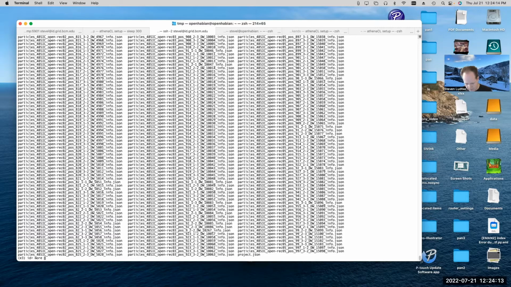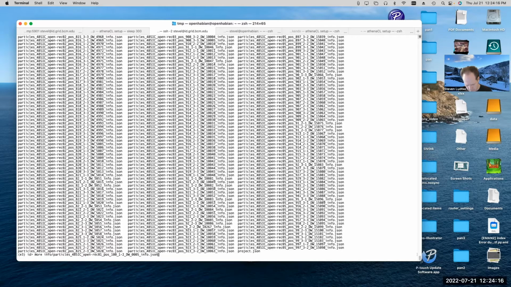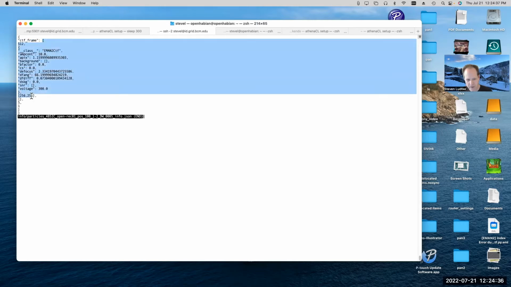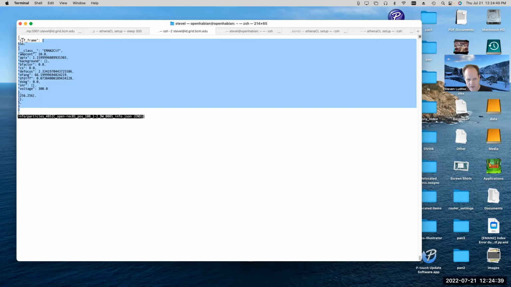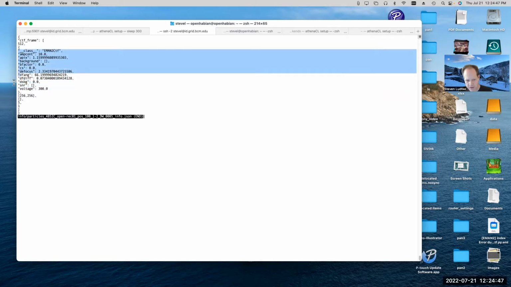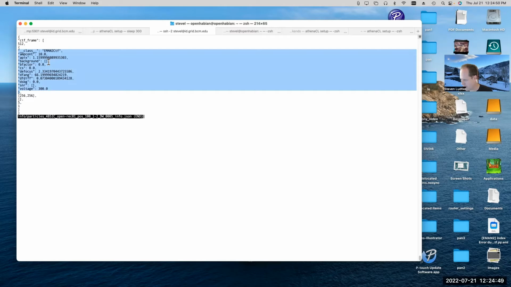So if we look at one of these files, you can see it's human readable, and it looks kind of like a program, right? You've got the open curly braces, and then we've got CTF frame colon. So this is basically like a dictionary in Python. And then the CTF frame leads to a list, and the list contains a number, and then it contains another dictionary. The dictionary contains the CTF parameters. So this is a hierarchical file format.